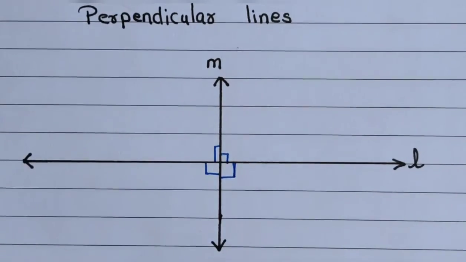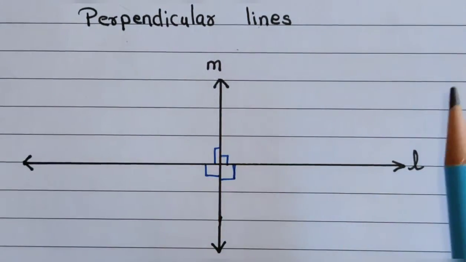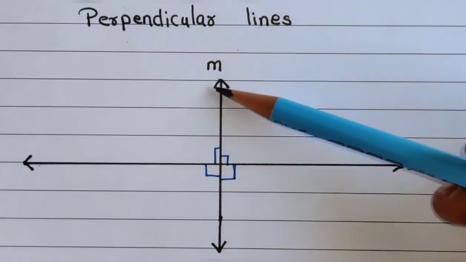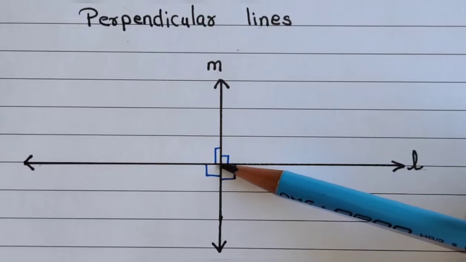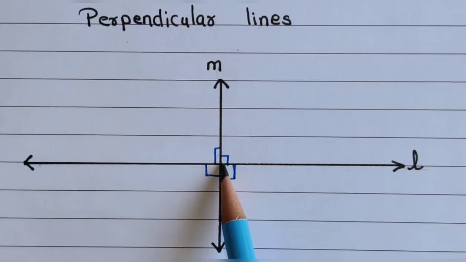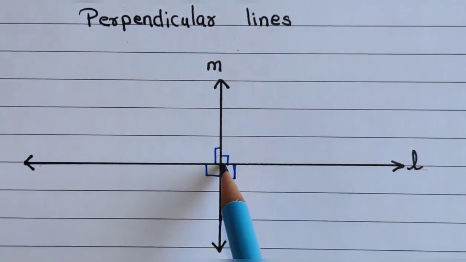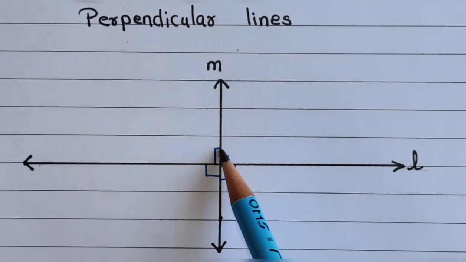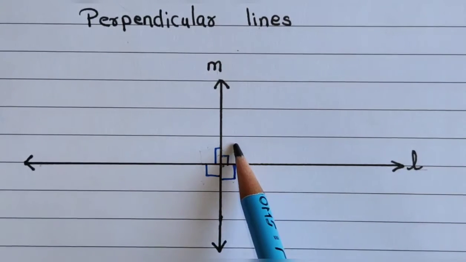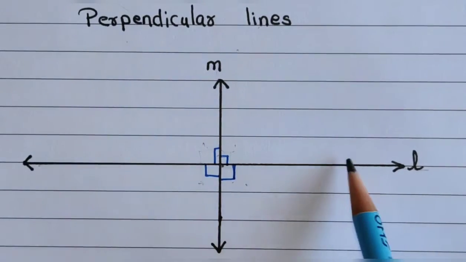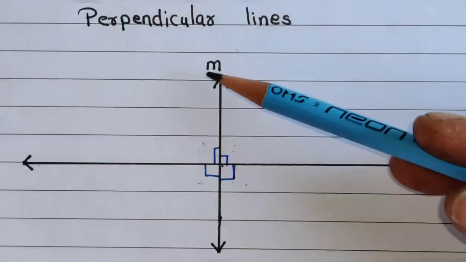Now the next one is perpendicular lines. What are perpendicular lines? The lines which are intersecting each other at a point. So this point is the point of intersection. Point of intersection means the point where both the lines touch each other. And how do they touch? When they are meeting, the angles formed by them are all 90. Here also 90, here also 90, here also 90, and here also 90. Then these line L and line M are called